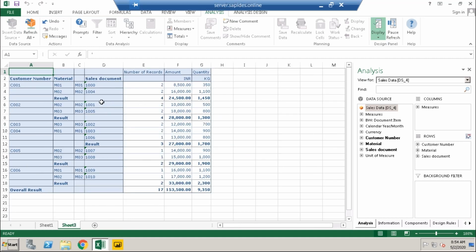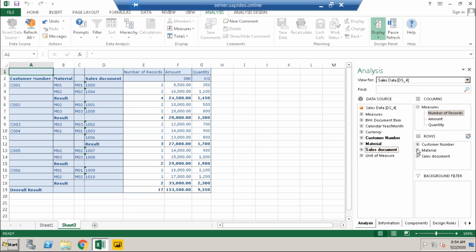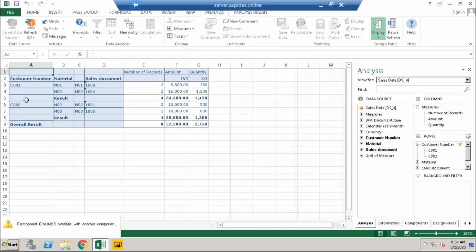Now, the filter value. If you want to apply some filters on any measure object like sales values, we can apply filters as well. If you want to filter on this customer number, right here we have an option called filter by number, filter by range. If I do filter by number, we get this option: select all, or select only these two, and it will filter. You get two values. So right here itself you can directly do the filtering options.